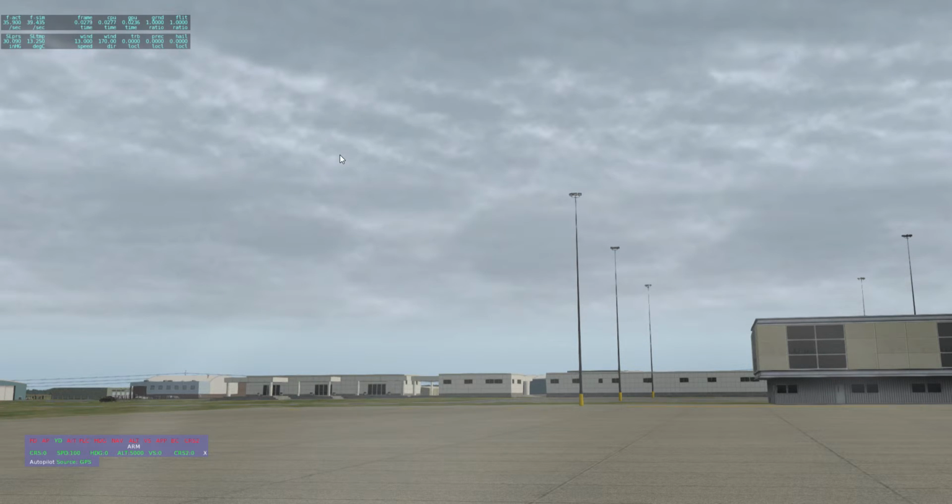Today we are going to take a look at my autopilot project that I have made. Originally it was created for X-Plane 10, but so far it seems to work okay here in X-Plane 11. And some of you might have noticed that